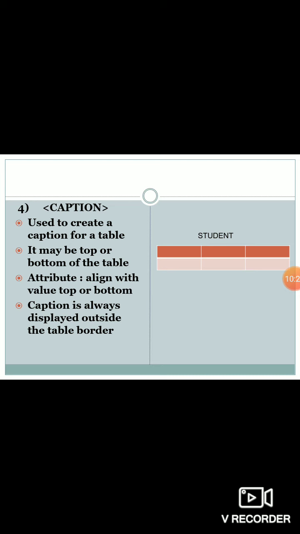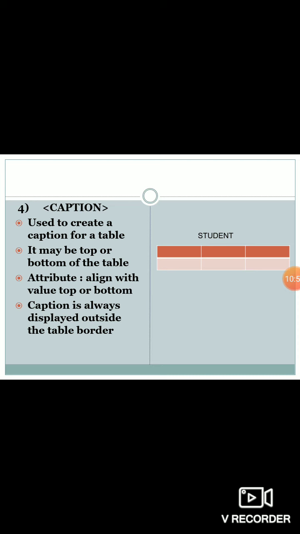As you see in your textbook or reference book, when there is one figure given, below that figure they indicate figure 1.1 for this purpose, figure 1.2 for this purpose. So that figure 1.1, figure 1.2, that is nothing but the caption for a particular table. If I directly use only a caption tag, by default the caption for the particular table will print at the top of the table.